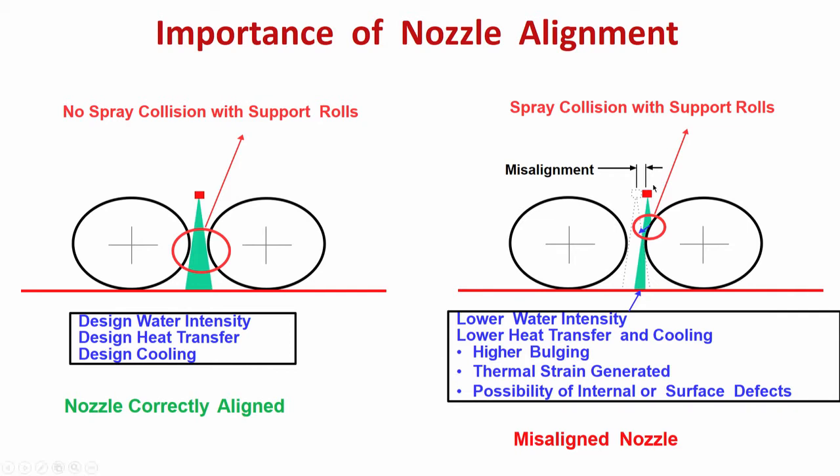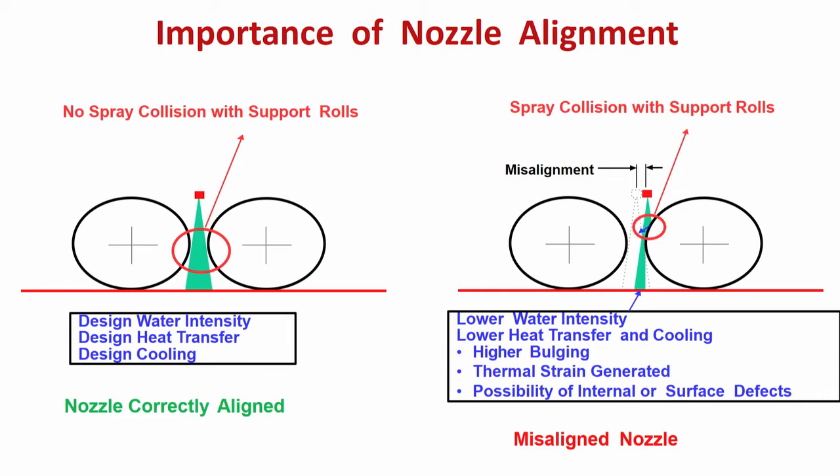So, the consequence is that only part of the water, whatever water we had intended to impinge on the strand surface, is falling. The other part is not falling, and it has also shifted the location. It was supposed to be from here to here, but what we are getting is only from here to here. So, the whole surface is not getting water and it is getting less water also. So, lower intensity, non-uniform intensity. So, less cooling,